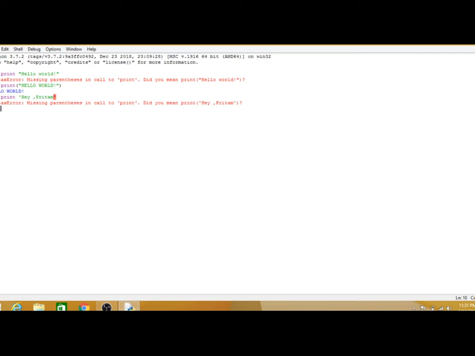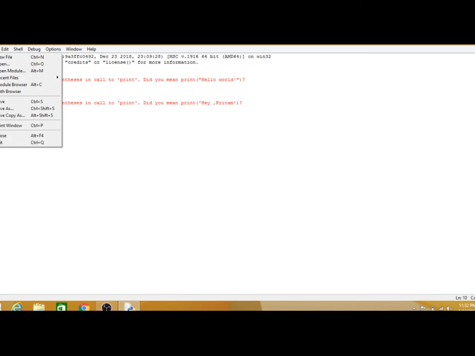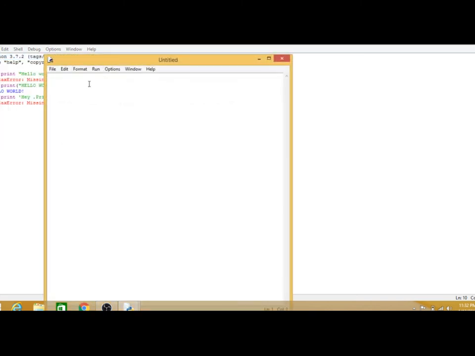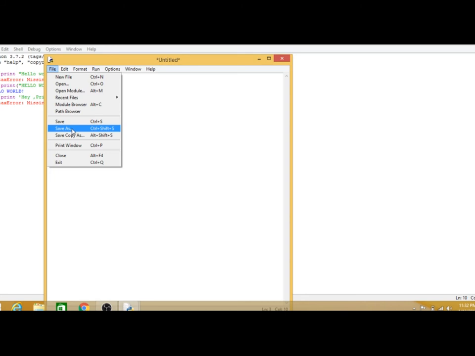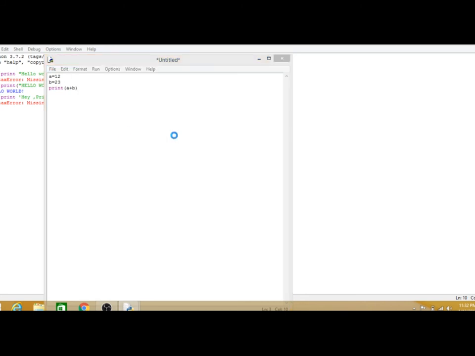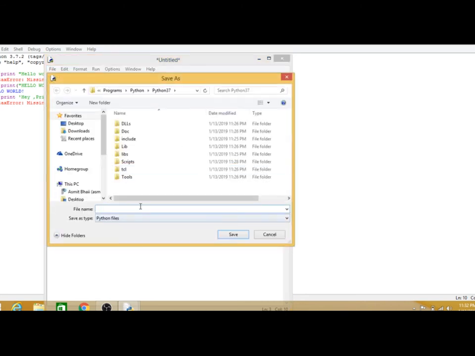And if you want to use this IDE, you need to write code here and save your file. Create a new file. Whatever code you need to write, let's suppose I'm giving a equal to 10 and b equal to 23. Now I need to print a plus b. Then I need to save this file, save as, and then give